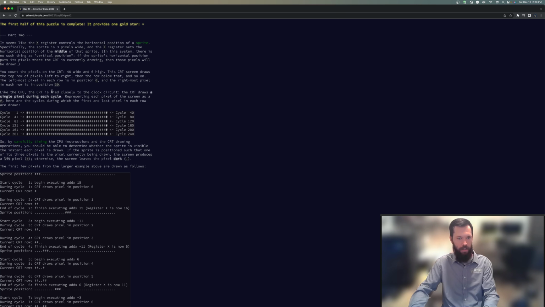Unlike the CPU, the CRT is tied closely to the clock circuit. The CRT draws a single pixel during each cycle, representing each pixel of the screen as a pound sign. Here are the cycles during which the first and last pixel in each row are drawn. So cycle 1 starts here, and it takes 40 cycles, because each cycle one new pixel is being drawn, and at the end we start here. Then it moves down to the next row, so it takes 240 cycles for the entire screen